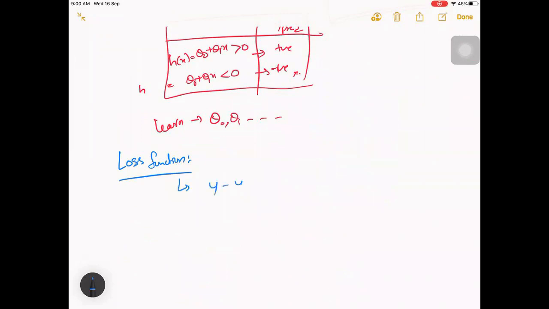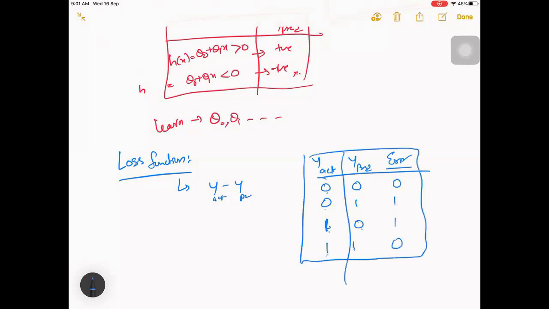You can't take y actual minus y predicted, because let's say y actual, y predicted. There will be four possible cases, right? So 0, 0, 0, 1, 1, 0, 1, 1. Let's take error. When both are 0, then our error is 0, right? When it is a conflict, then we have an error. Again, we have an error. Here the actual is 1 and it is predicting 1, then error is 0. So this is our truth table, if you can take it. With this, we have to get these kinds of scenarios.